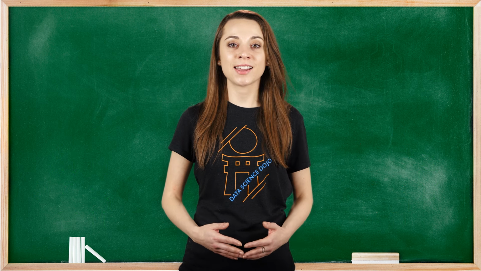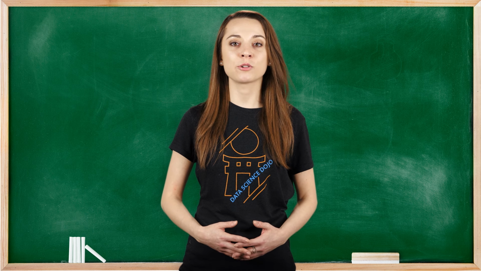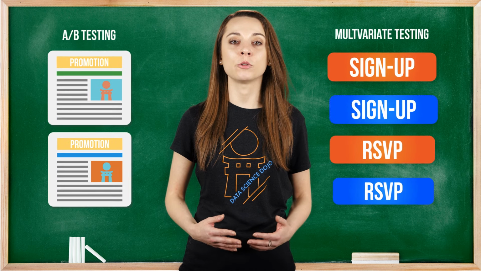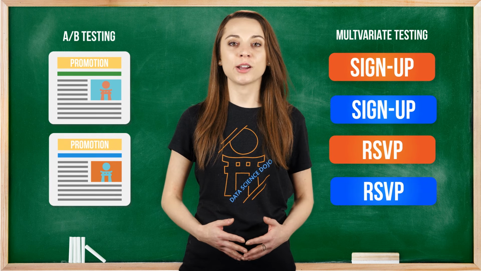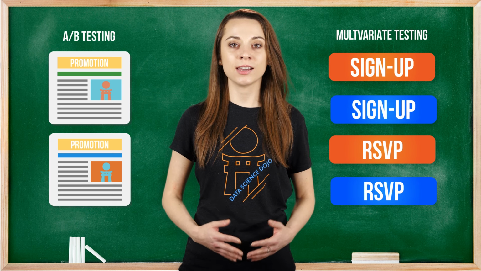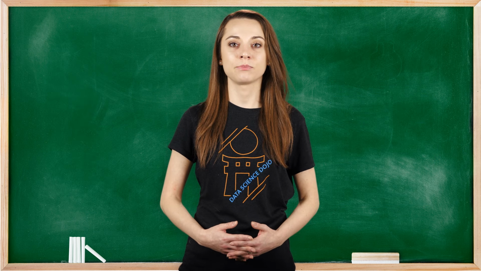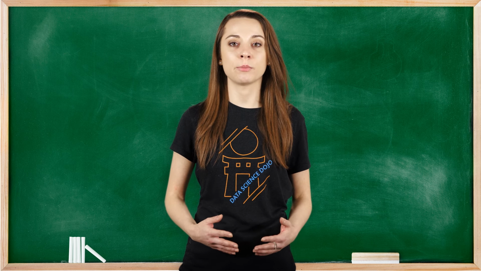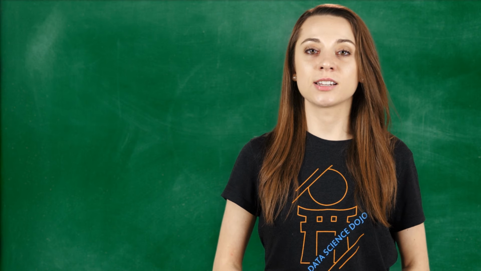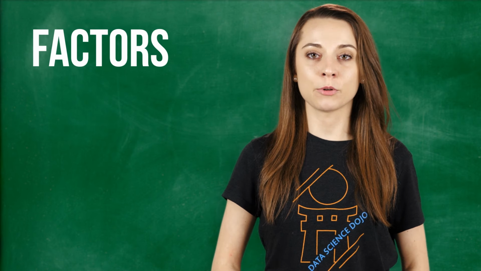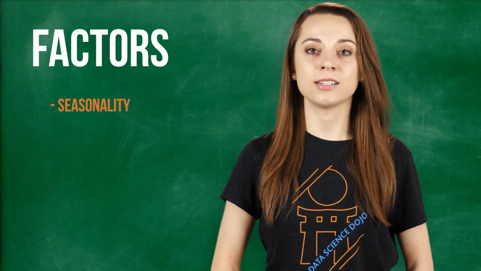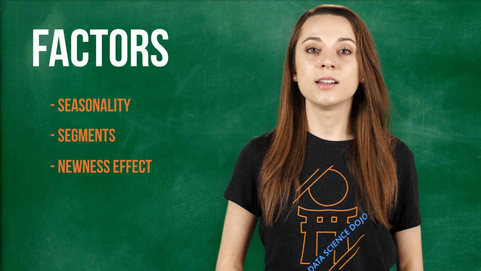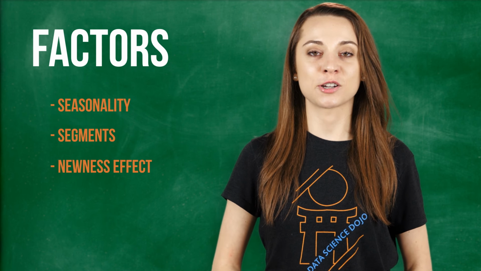So after running your AA test, if you find that the results of the experiment were not statistically different from one version to another, you can then run your AB or multivariate test. Once you've run your AB or multivariate test, you can then look at the analytics and performance of the changes you've made. What are your metrics showing you, and were they as you suspected when you established your hypothesis? It's always good to consider various factors that might have affected the performance of your test, such as seasonality, the segments you ran your experiment on, or a newness effect. Did just seeing something new trigger excitement in your customers?